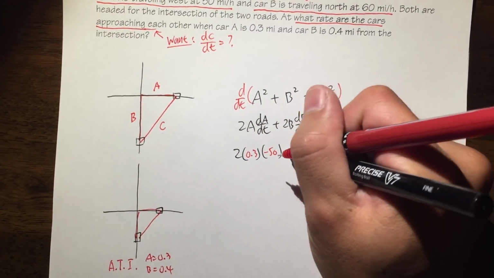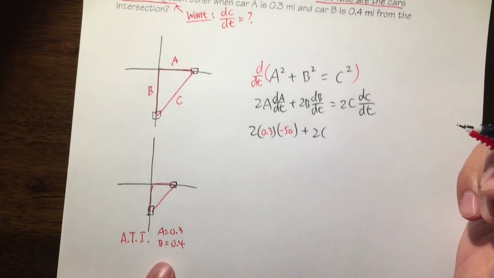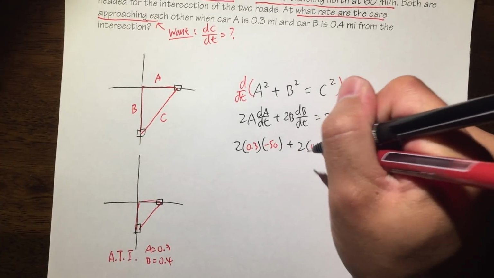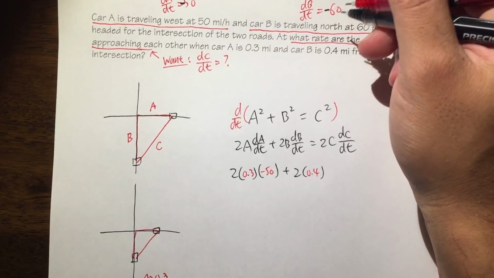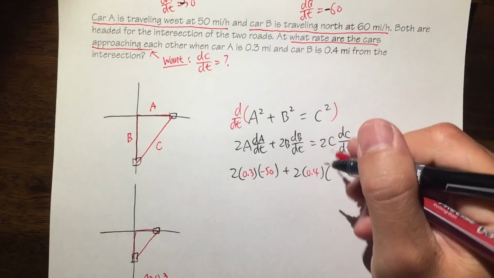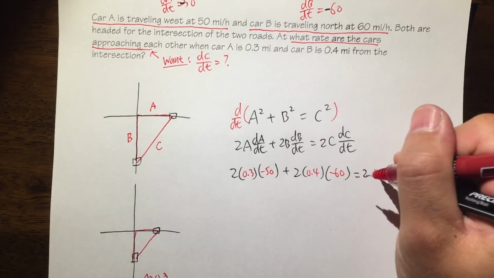And if the distances are getting shorter, that's why we have the negative rate. Alright, then we continue. Plus 2, and then the B is 0.4. Let's put that down. And then the dB/dt is negative 60. So let's write that right here. And this is equal to 2 times